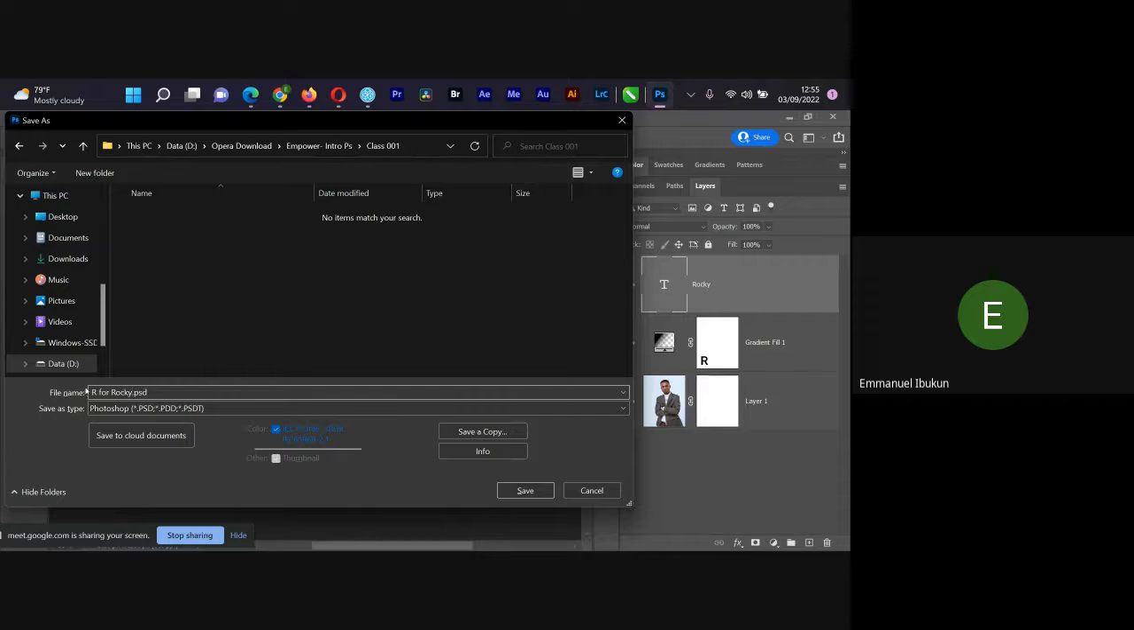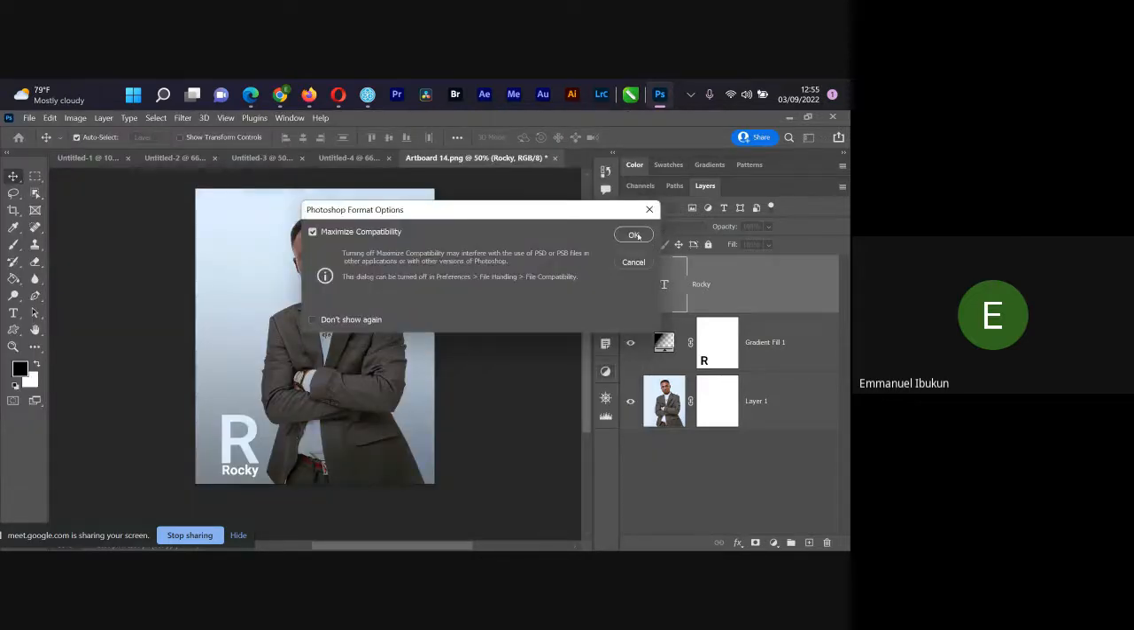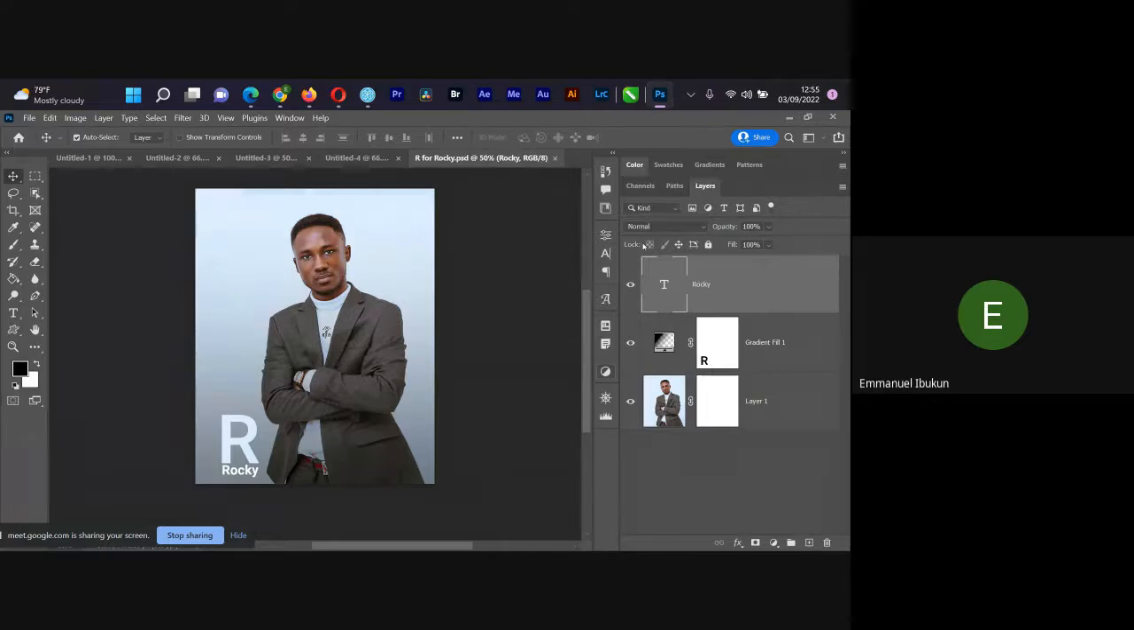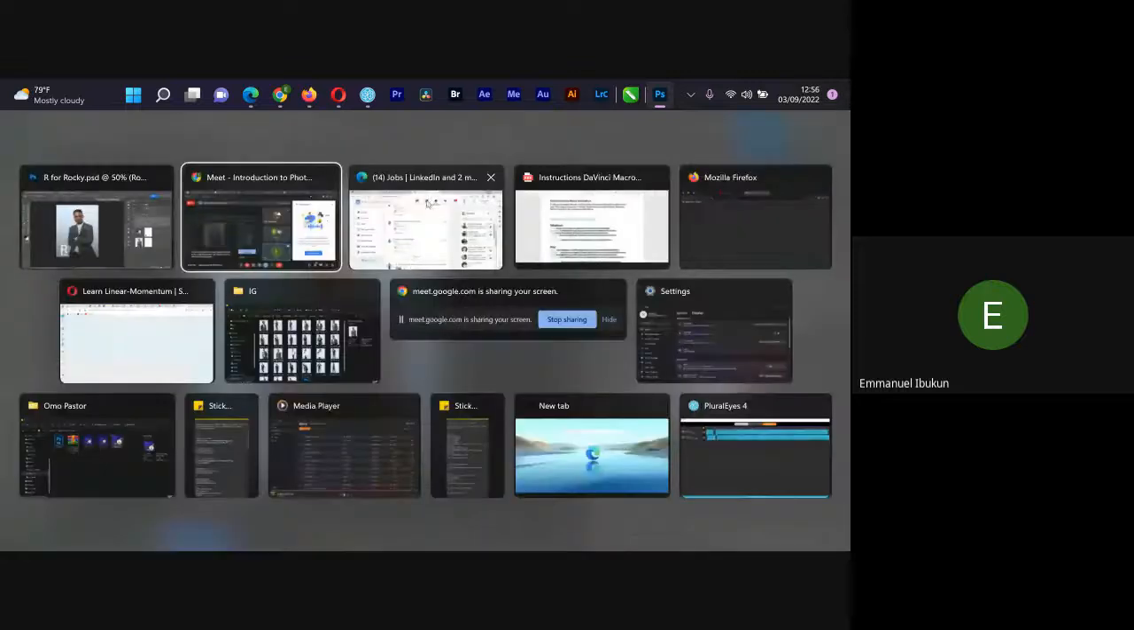R for Rocky. Then I'll click on save. Now, what we just did is we just saved two things. Some of you, if you make this mistake, you are going to lose your file. The only thing you will be having is the picture. So I just saved the Photoshop file that has all of my layers embedded in it, and I saved the picture too. So if I go to the location of the file,